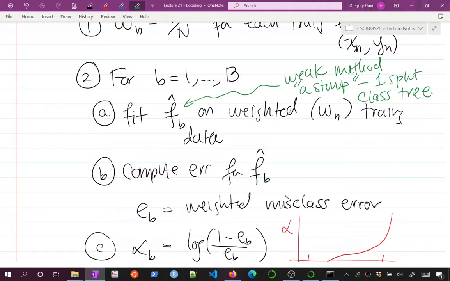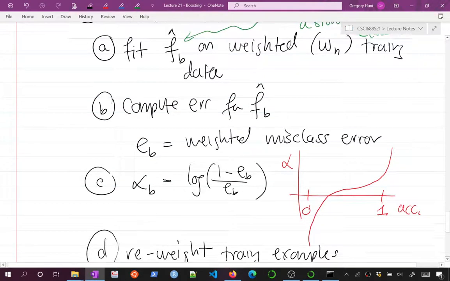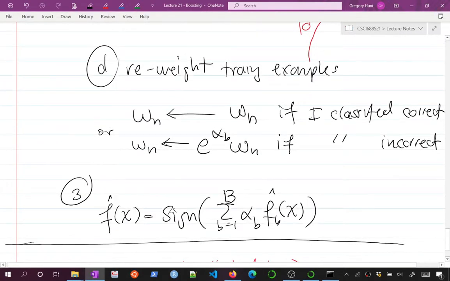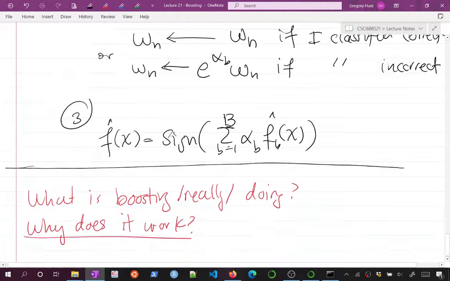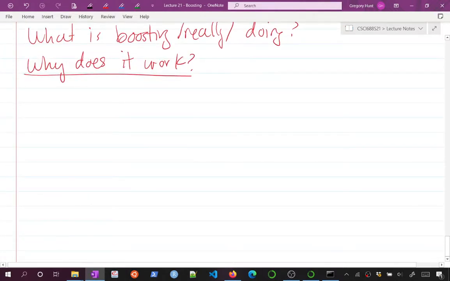And so that's very much a weak learner. You'd think those would do badly, but if you actually do this and you average them together, it does quite well. These are one of the more powerful, modern methods out there. So the question is basically, why does this work? And at the end of the day, the boosted method